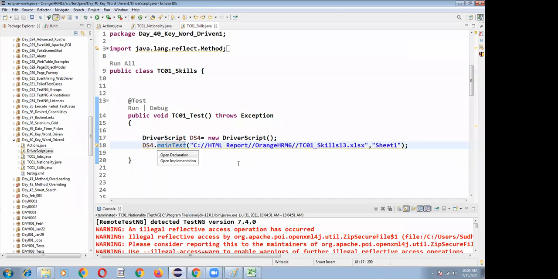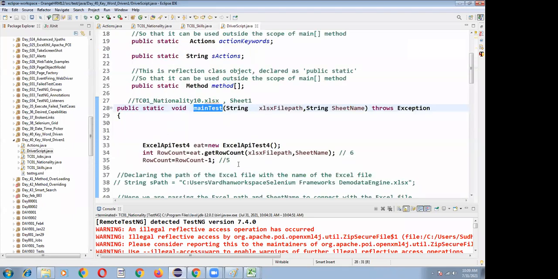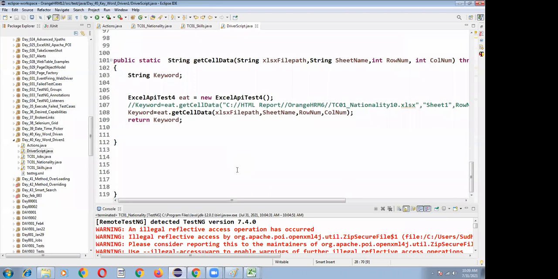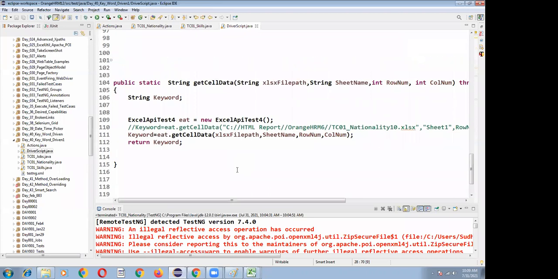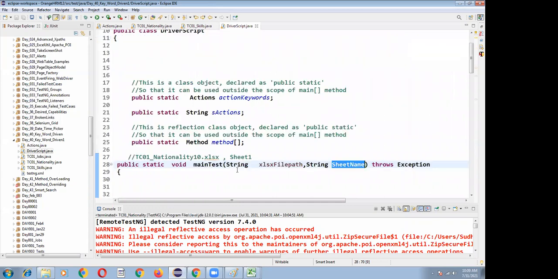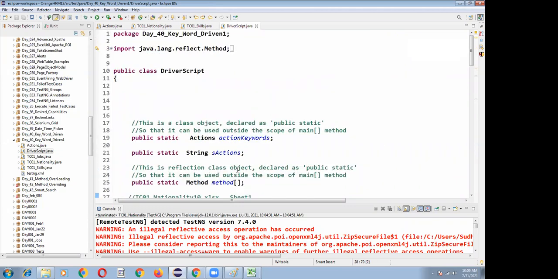This method will generally be written by people having 10 years of experience. This code is mainly developed based on core Java. To design these frameworks you have to be an expert, a minimum of 3 to 4 years of experience is required. Generally these framework programs are written by people with at least 7 to 8 years of experience.